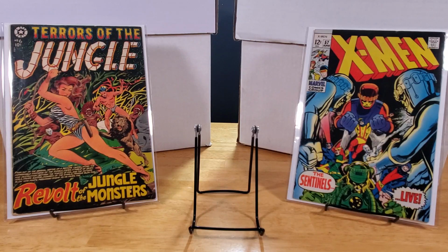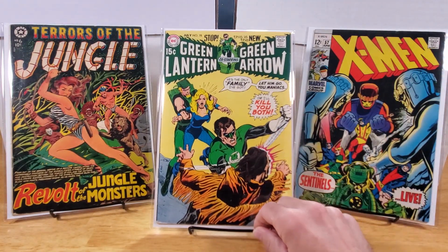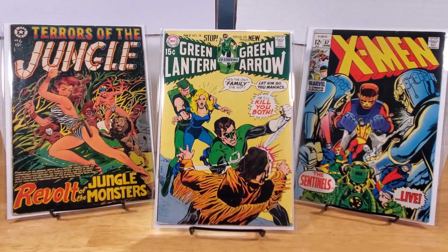All right, and then I think all of these were in the case locked up. So I went ahead, I almost didn't, but I had the person open the case, and it was just a stack of Green Lantern books from the early 70s, Neal Adams covers, which I just love Neal Adams artwork. None of these are in great shape, all kind of that mid-grade VG range. So first we got,